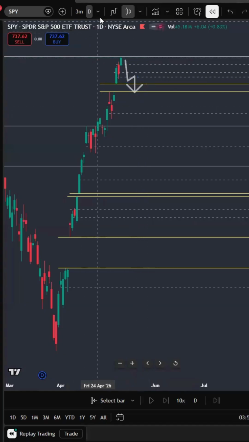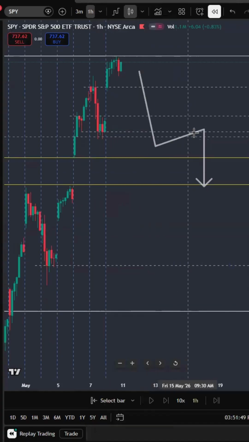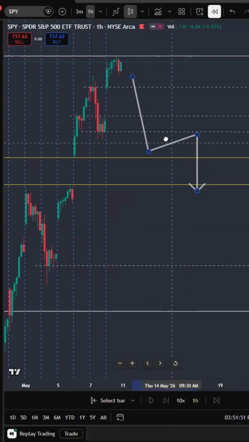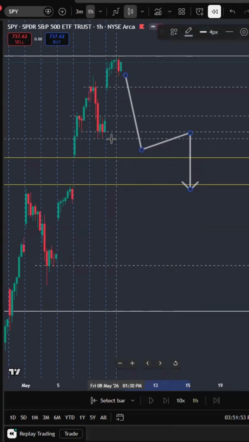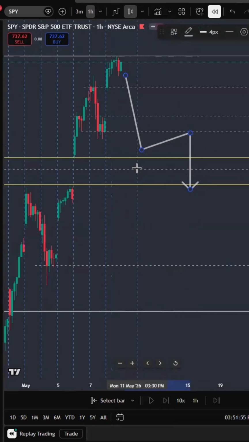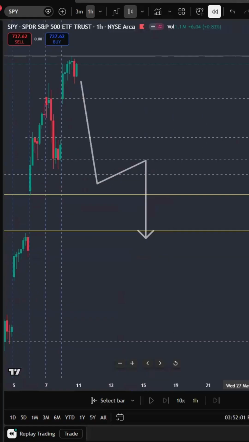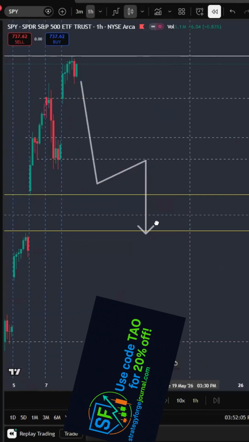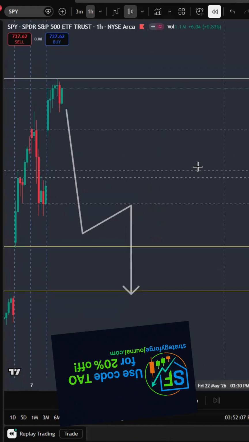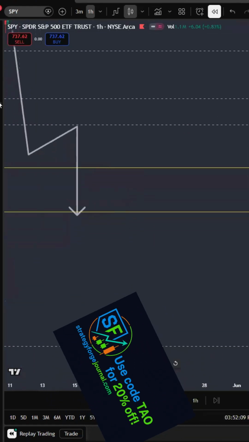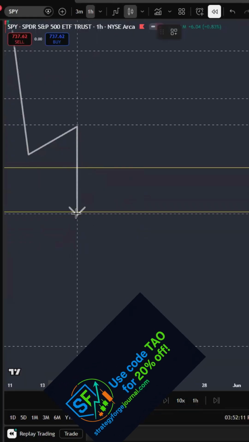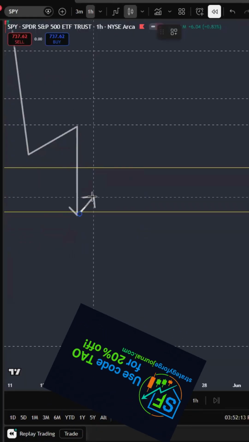We'll go to the hourly chart so you can see it a little more up close. But something like this, if price were to pull back, give a lower high below this 730.50 level, then at that point we're almost certainly looking for this gap to fill at minimum. And once that gap fills, whenever any gap fills, whether it's the same day or a different day,